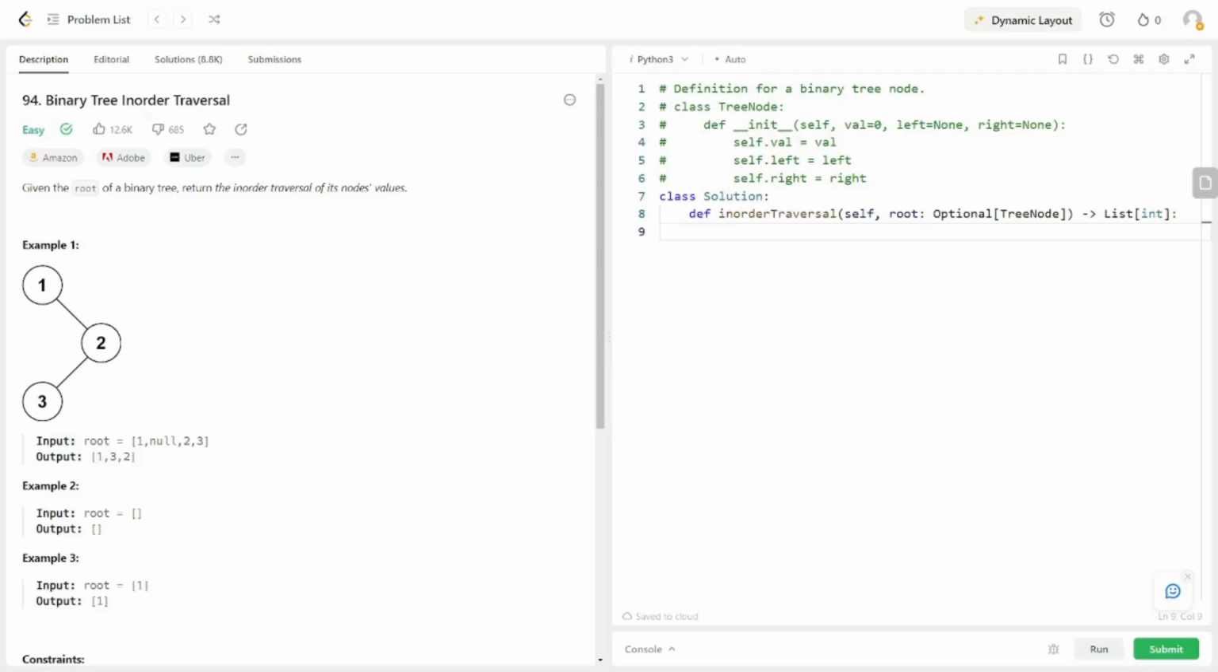Hello everyone, let's look at Leetcode question 94, binary tree in order traversal. In this question we're given the root of a binary tree and all we need to do is return the in order traversal of its nodes' values. So that means we have to understand what in order traversal is, but before we get to that, let's look